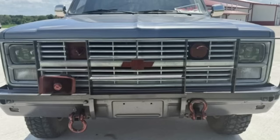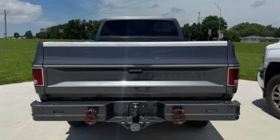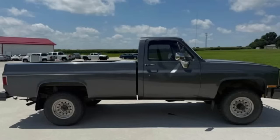Let's start with the powertrain. Under the hood is that 6.2L diesel, known for its durability and torque. It's paired with a rebuilt 3-speed automatic transmission that's only seen 2,000 miles since the overhaul. So you're good to go for the long haul. To complement the drivetrain, both axles have been fitted with new 3.73 gears, giving you the optimal balance of pulling power and highway usability. This truck was repainted 4 years ago, and it still looks sharp, thanks to regular upkeep